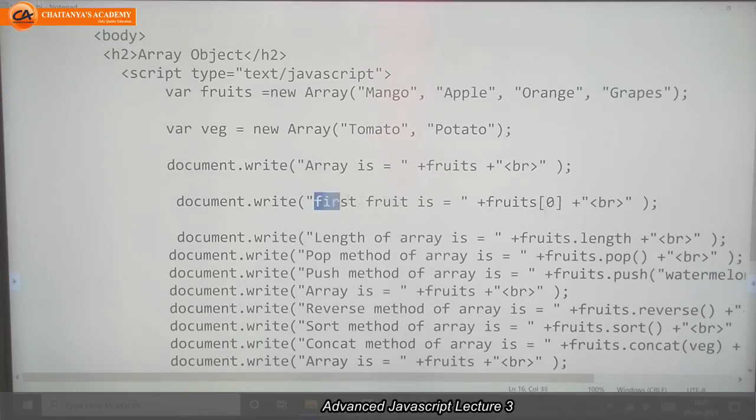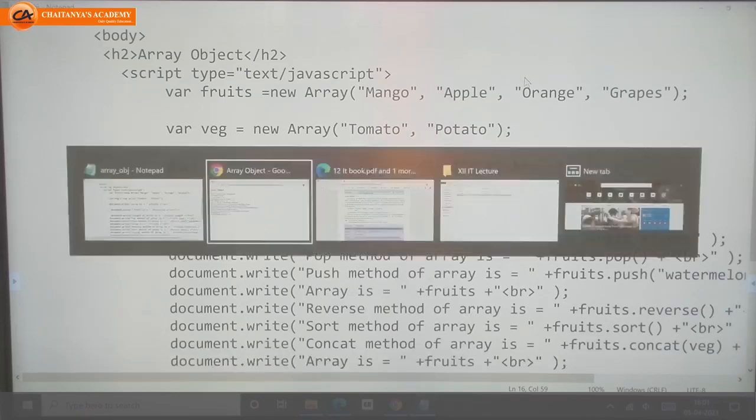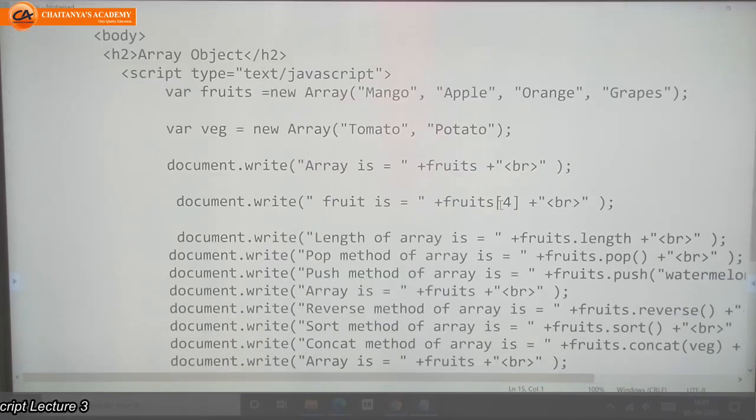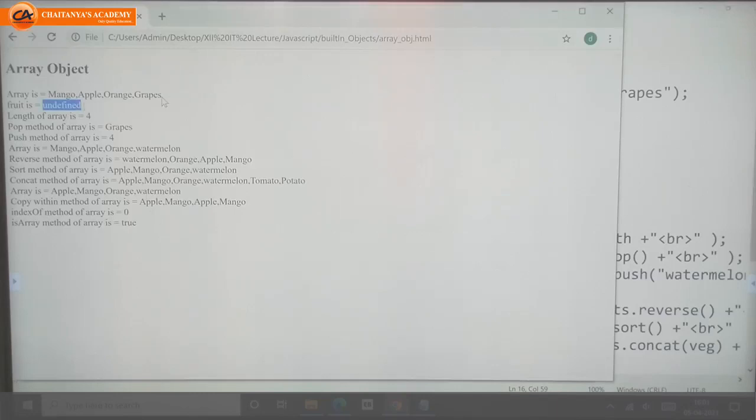Then if I remove this and suppose I pass 4 here, we'll check what will be the output. The output is undefined. Why? Because we passed only 4 values, and I wrote the fourth index, but though we pass 4 values, the counting starts from 0.